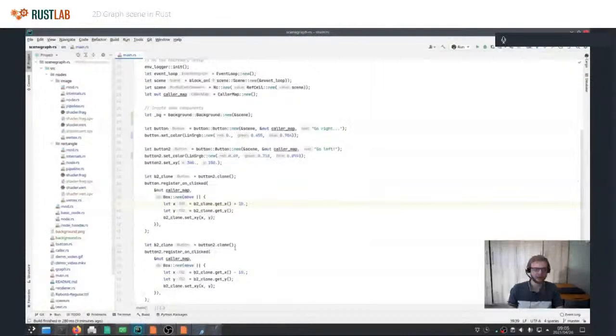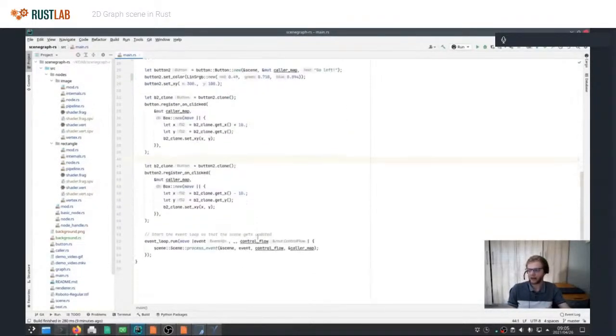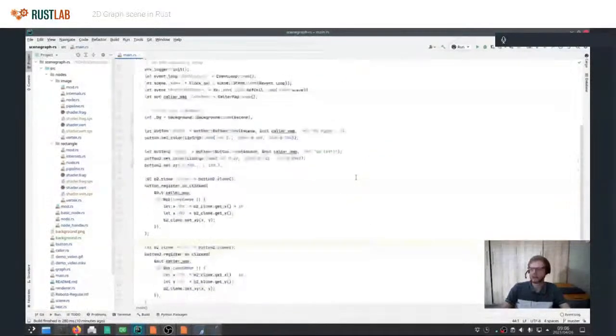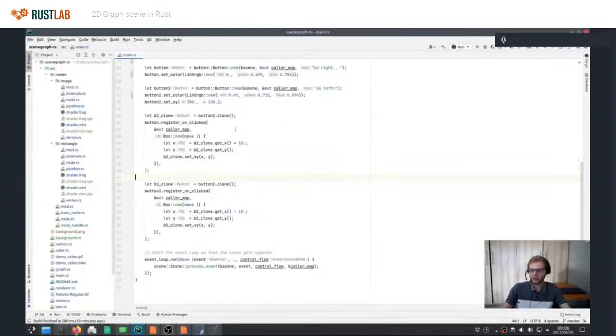So the borrow checker was really mad at me about that concept I had of storing events directly inside the nodes. And at first I didn't really understand why it was so mad at me, because in a language like C++, doing that is perfectly fine and it would work. So yeah, this frustrated me a lot, and I tried all sorts of tricks to get it working, and eventually I gave up. But I also realized that the borrow checker was actually trying to tell me something important. It was trying to tell me that what I'm trying to do here is actually a very, very bad idea, because